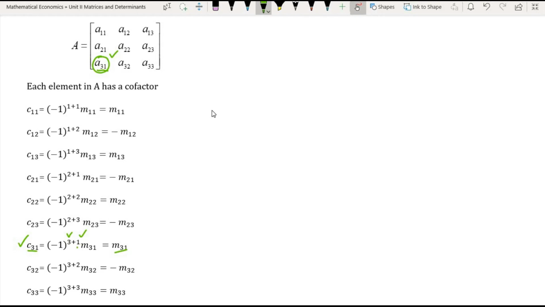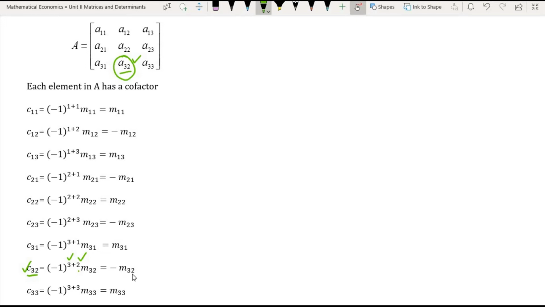minor M31. Next, the cofactor of the element A32 denoted by C32 is equal to -1 to the power 3 plus 2 times the minor of the element A32. The element A32 is present in the third row and second column. Since its sum is equal to an odd number, therefore the cofactor of the element A32 is equal to negative